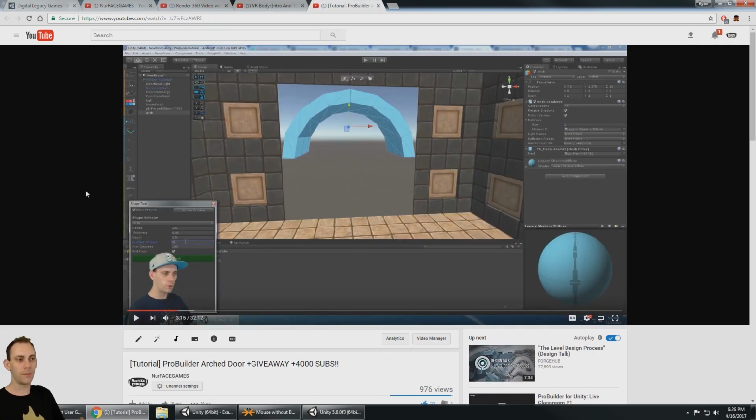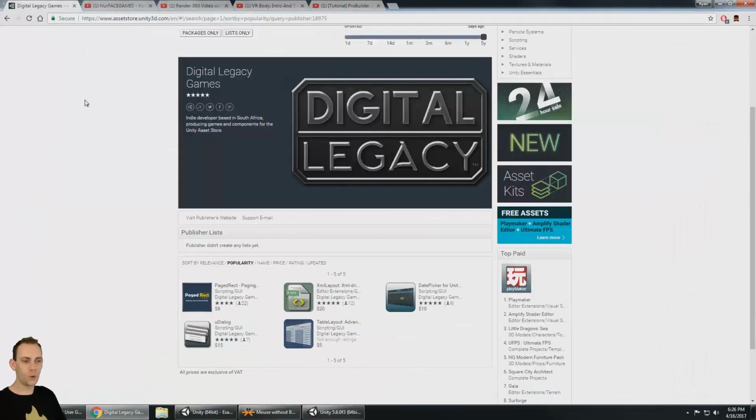But a lot of times I'm using tools from the asset store that other people build, like Pro Builder. I've already done tutorials on this because I think Pro Builder is an awesome tool for making and prototyping inside of the Unity editor. Now, when it comes to the UI, and I do a lot of UI stuff with VR,